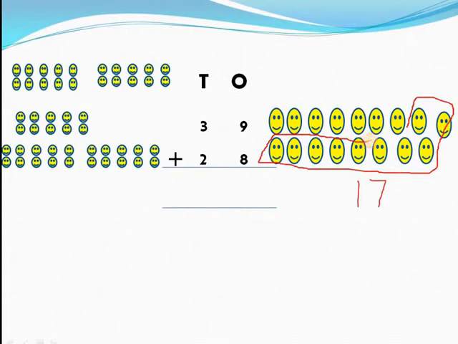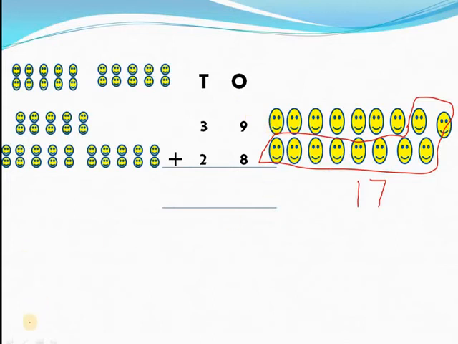And I have to remove this from here or regroup from here. I need to take it away from here and take it in tens place because this is not its place. It has to go in tens place. Just like you go to your own house, you don't go to your neighbor's house. So this tens also has to go into its tens place. It cannot stay in ones' house.